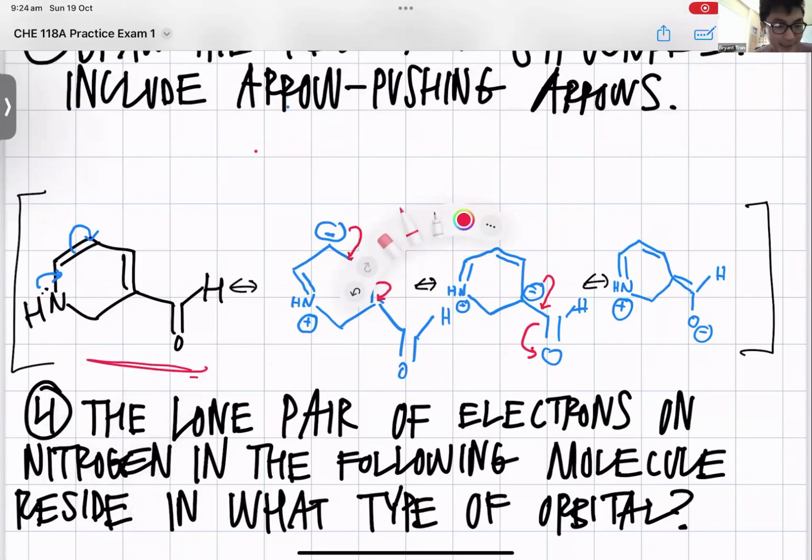Yes. And what's the reasoning? Because we don't want any charge. There's no formal charges, no negative charge, no positive charge. Nice, okay. And then out of the ones I drew, it would be this one here. Yep, because the negative charge is on the most electronegative atom. Okay, on that structure.